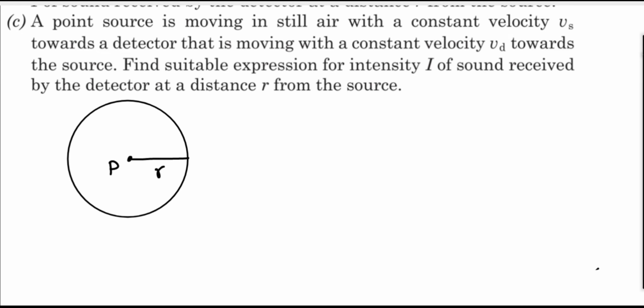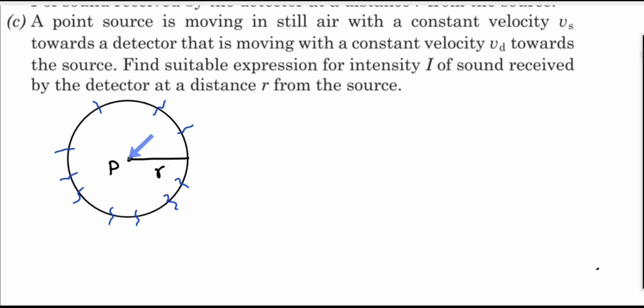So energy will be flowing in all possible directions. That means from a point source, the energy is crossing the area of this sphere of radius r, right? So this total area will be the area of this sphere, that is 4 pi r squared,